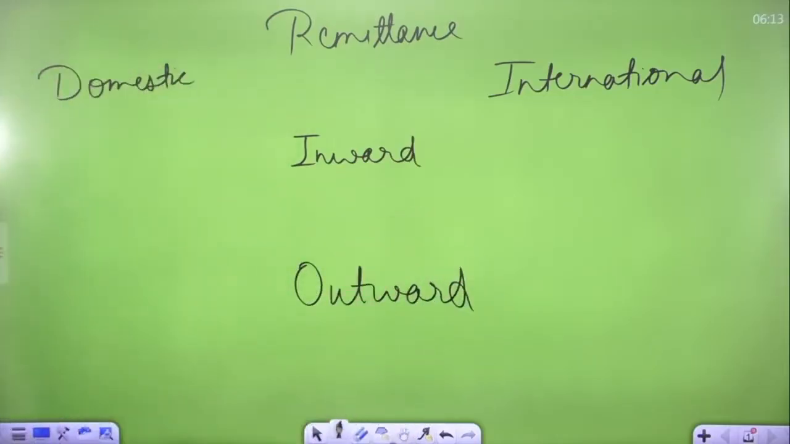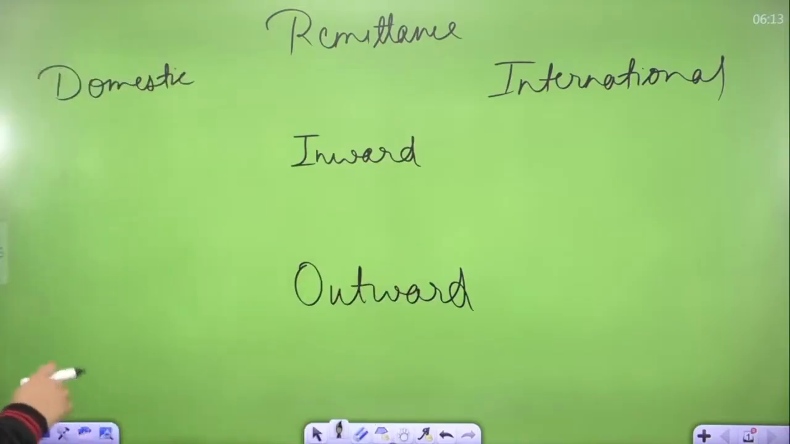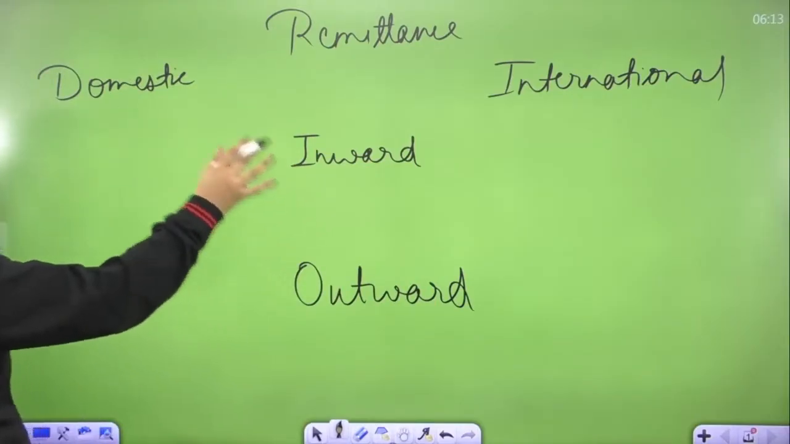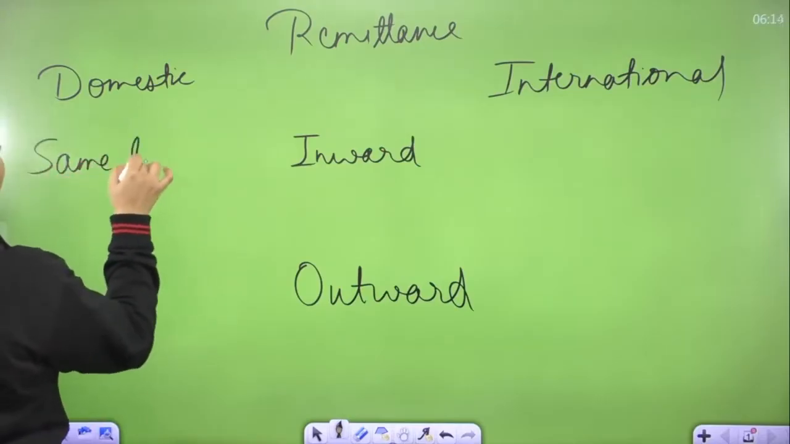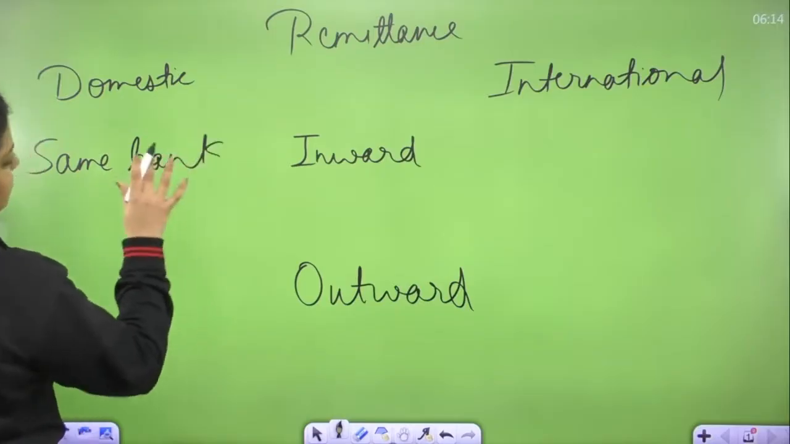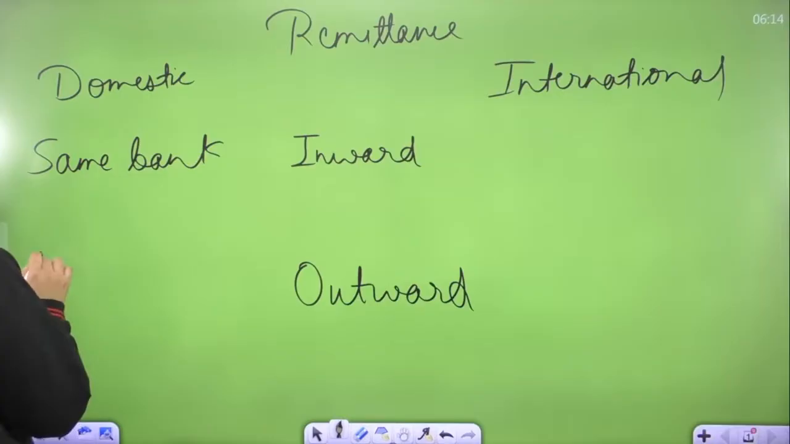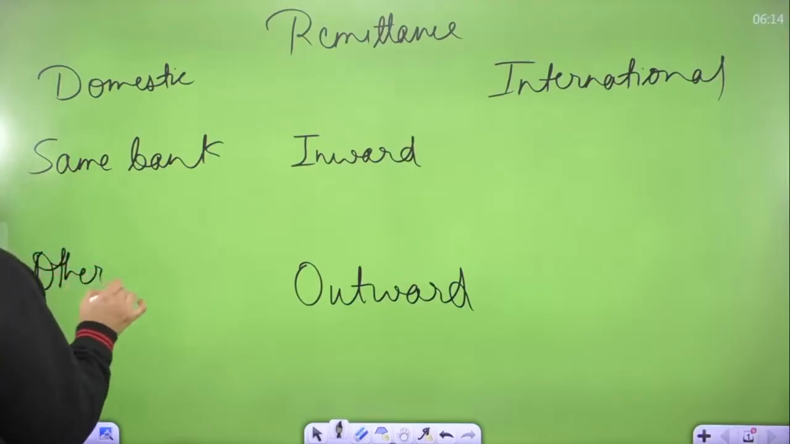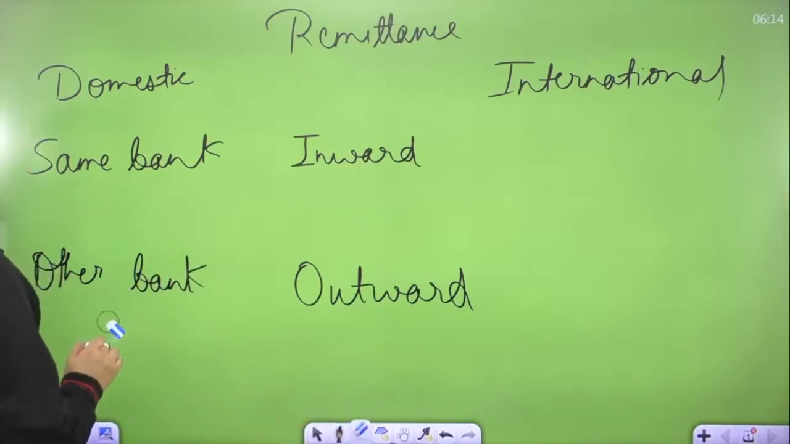Okay, now when you are doing a domestic remittance, you are transferring money within India only, from one bank account to another. In that situation, the inward remittance in the domestic market means you are transferring money within the same bank. And the outward domestic remittance means you are transferring money to another bank. That is inward and outward transaction in domestic